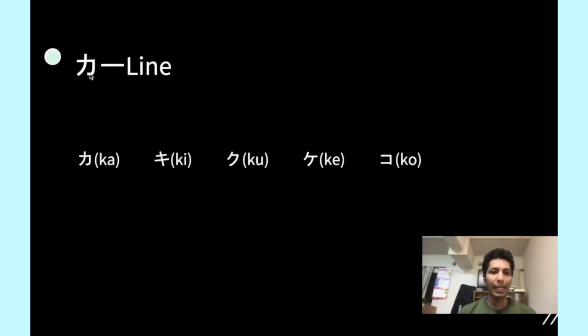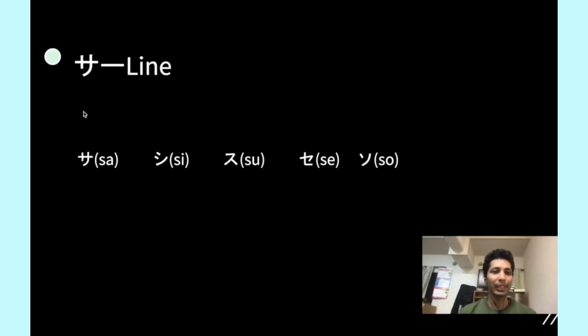Let us go to the ka line. One thing you may notice is that in hiragana, ka, this and this are pretty similar, and there is a small line here, right? But in katakana there is nothing, and as I said, it is pretty straightforward, making a rectangle, a 90 degree right angle here. So ka, ki is also pretty different, ki, ku, ke, ko. Again, ka, ki, ku, ke, ko. How about ko, ke, ku, ki, ka? It's difficult, right? Yes.